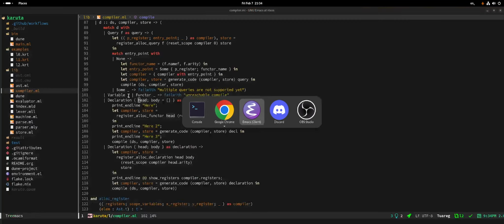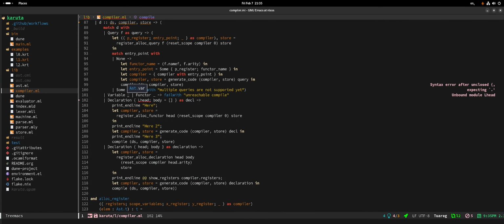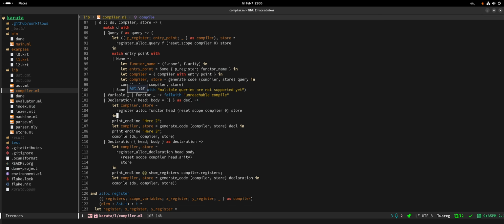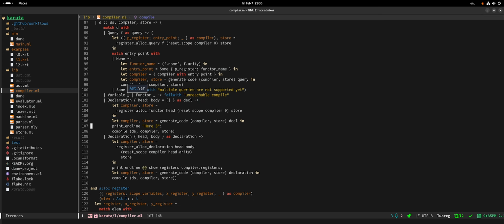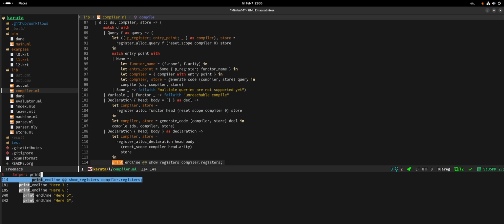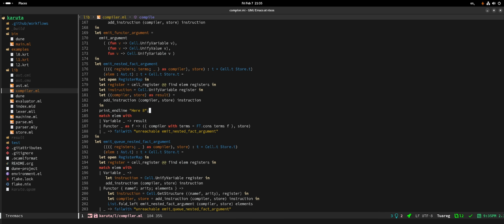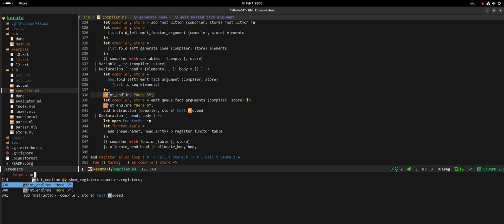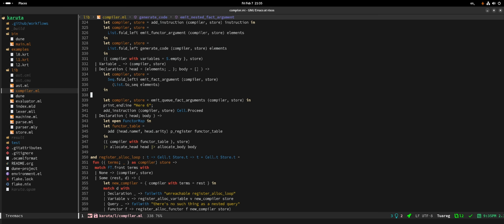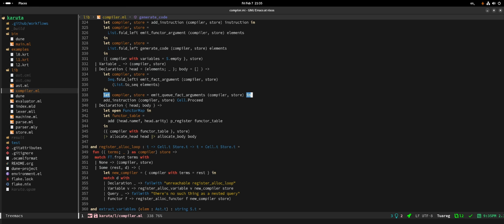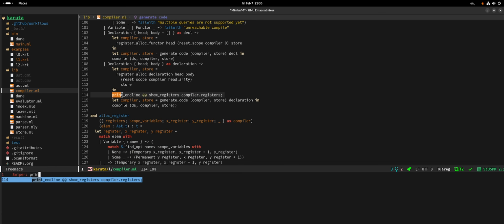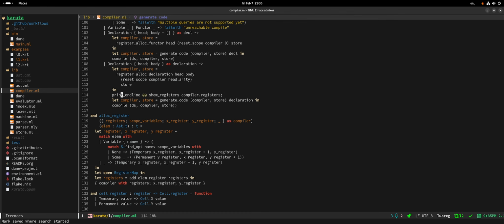Okay, let's actually make sure the queries are still working correctly. And let me also remove the prints. Why do we have this?